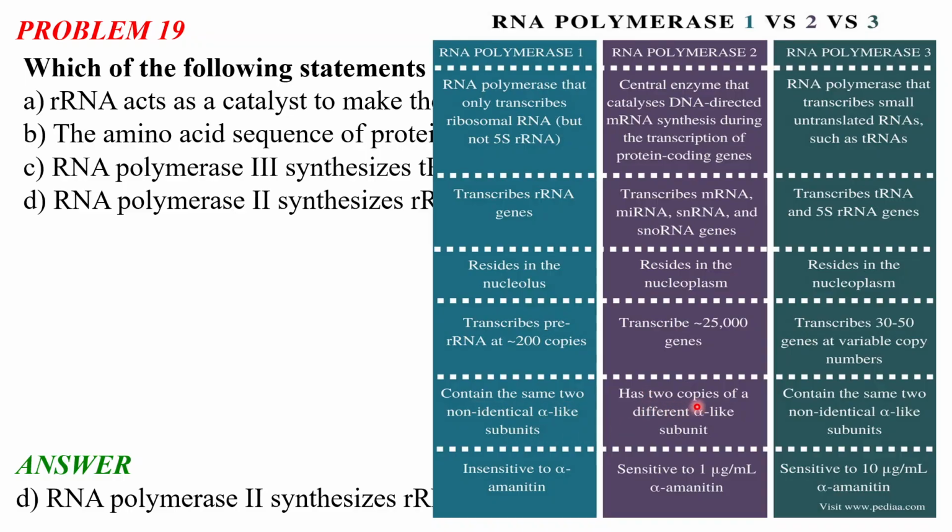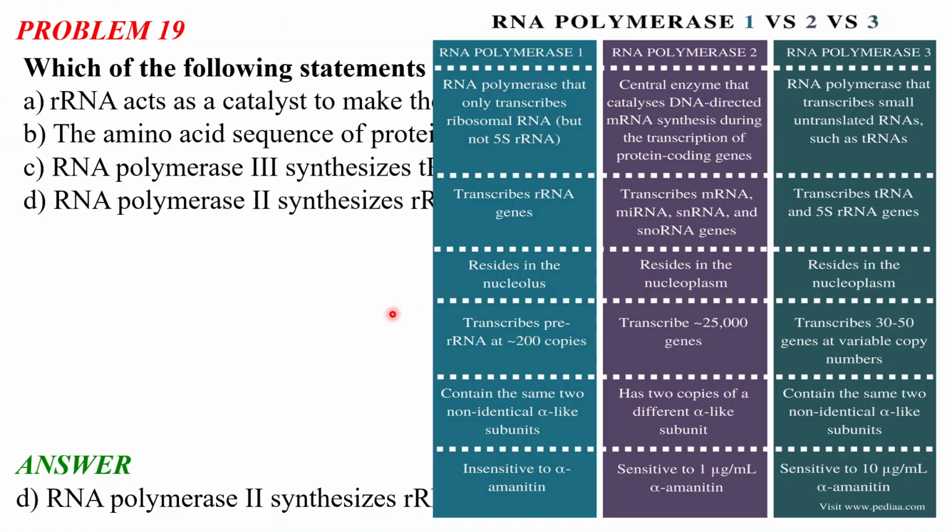RNA polymerase 2 has two copies of different alpha-like subunits, and RNA polymerase 3 contains the same two non-identical alpha-like subunits. RNA polymerase 1 is insensitive to alpha amanitin. RNA polymerase 2 is sensitive to 1 microgram per ml alpha amanitin, and RNA polymerase 3 is sensitive to 10 micrograms per